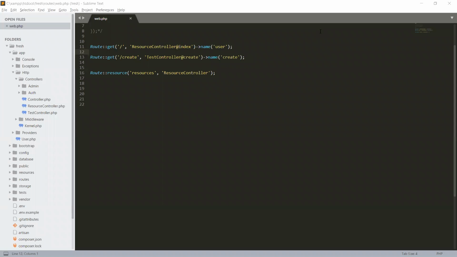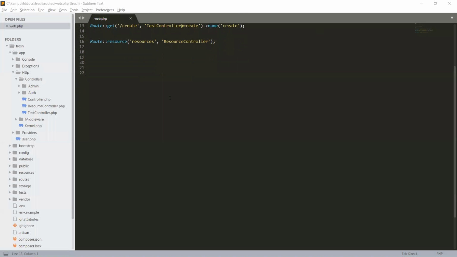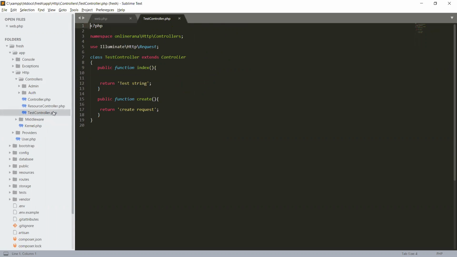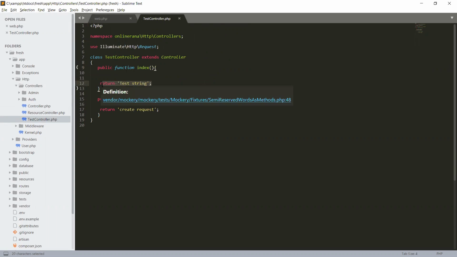Let's check our form submission request through our routes and into our controller and see how we can submit our form. So still we have not seen our views and layouts. So let's open our controller and in our index